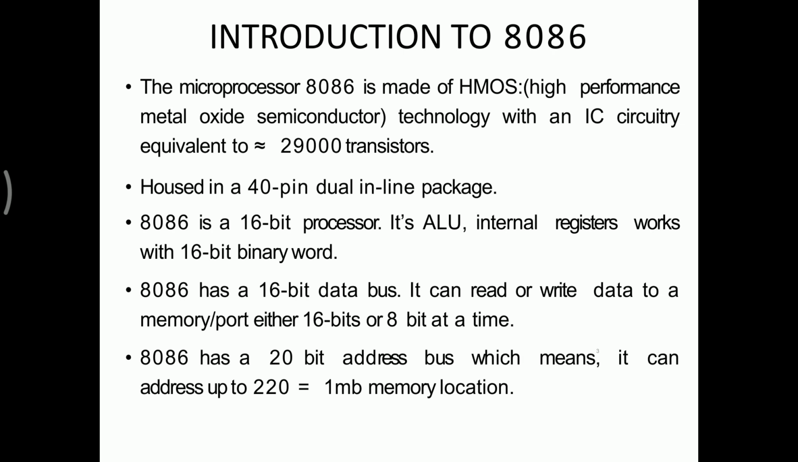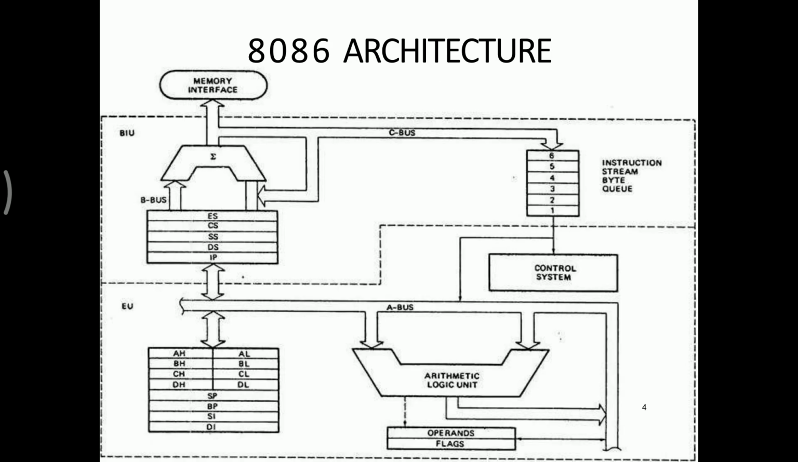The 8086 microprocessor is a 16-bit microprocessor, so it works in 16 bits, and the arithmetic operations which take place in the 8086 are 16-bit. Here we have a 16-bit data bus and a 20-bit address bus, so we are able to address 1 MB of memory in this microprocessor. So this is the introduction of the 8086 microprocessor, and now we are going to see the architecture of the 8086